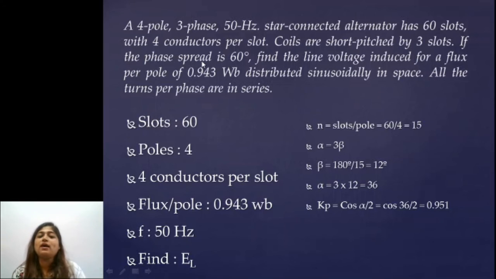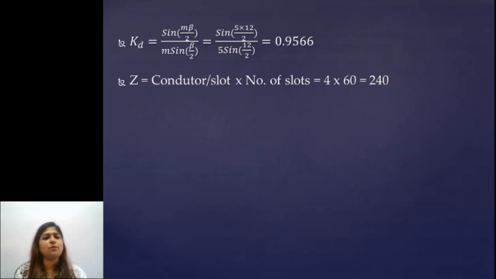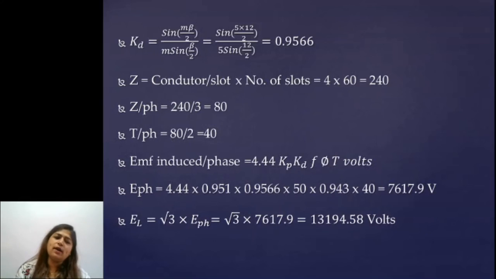ठीक है. तो आपको अगर m की value पता है, that is slots per pole per phase, तो आप beta निकाल सकते हो अगर phase spread दिया है, और अगर आपको beta की value दी है तो आप m निकाल सकते हो. For example, in this problem beta we calculated as 12, okay, and phase spread is given as 60. So simply you will do 60 by beta and you will get the value of m as 5. But also by the other step you are getting the value of m as 5. So it is one and the same thing, and that is why I haven't considered that. If you want, you can consider that and get the value of m or beta out of it. यहाँ पे उसका use नहीं हो रहा है because sufficient data is given to calculate these things.